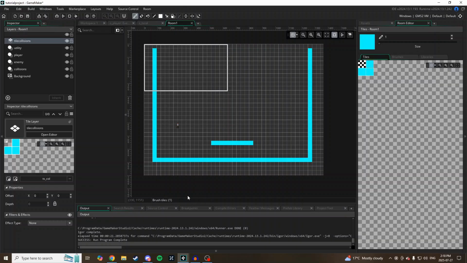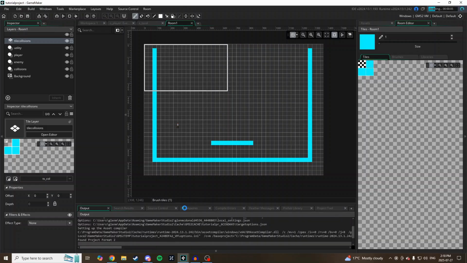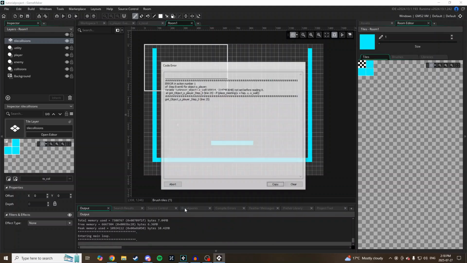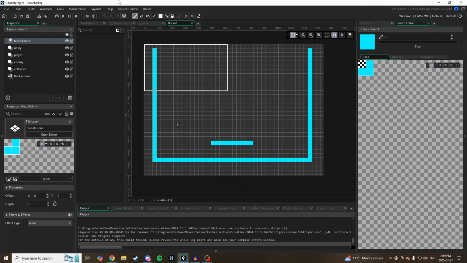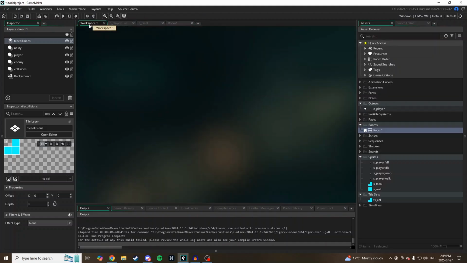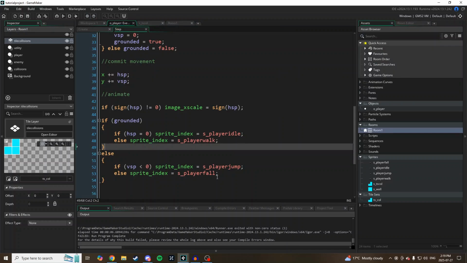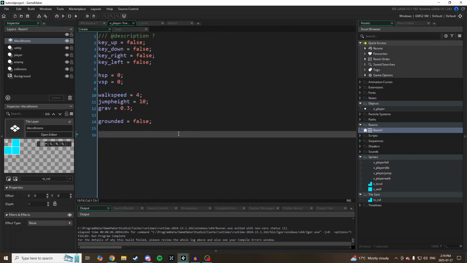As you can see, the room looks pretty much the same as it did before, but if I run this now, I'm not going to be able to collide with anything. Honestly, I'm not even able to run it because the O wall no longer exists. So, I'm going to go to my O player events, and I am going to go to my create event, and I'm going to go